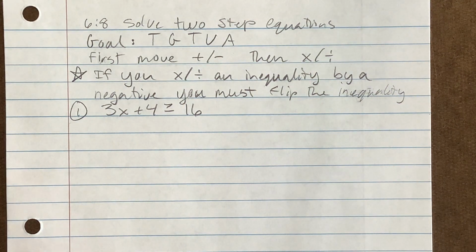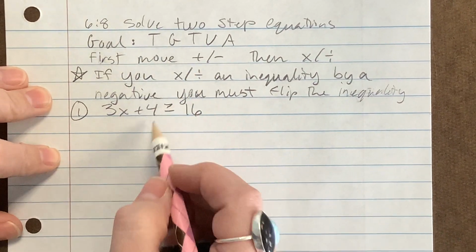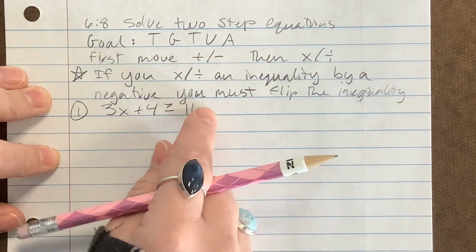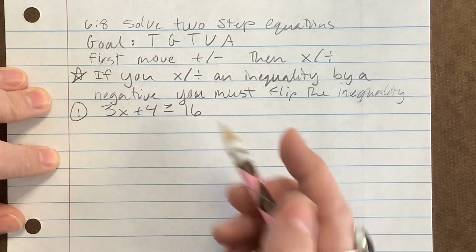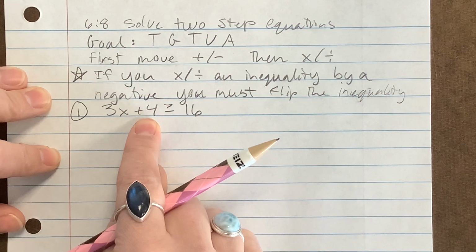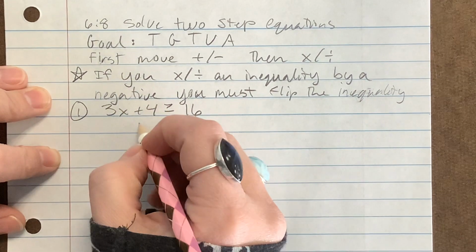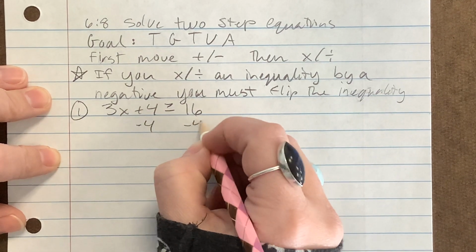First we're going to get rid of the addition or subtraction, or in other words, we want to get our constants all together. So we have a plus 4 with our variable. To get rid of that, we do a minus 4,